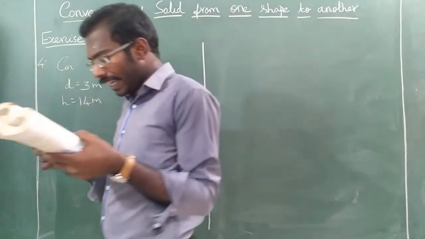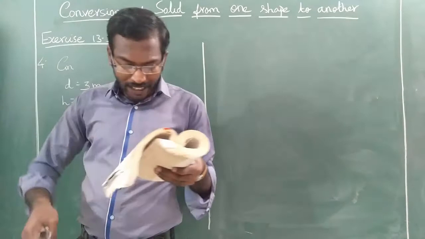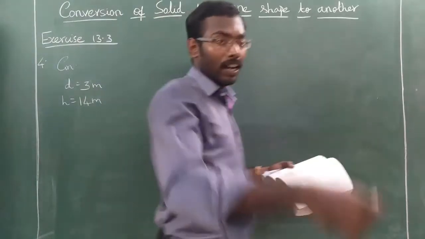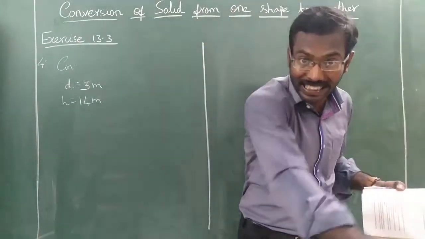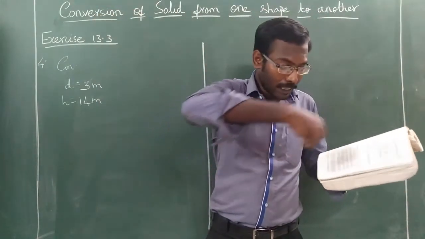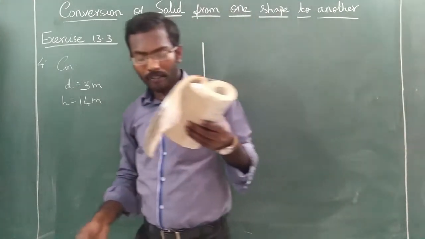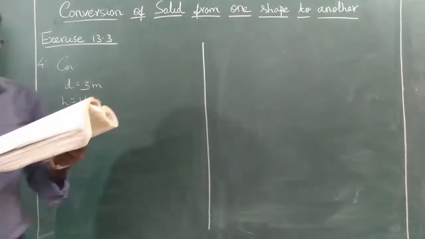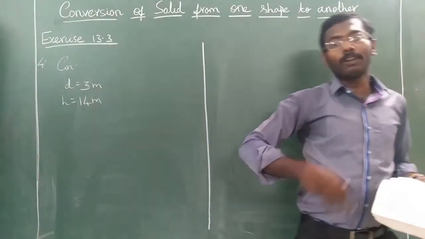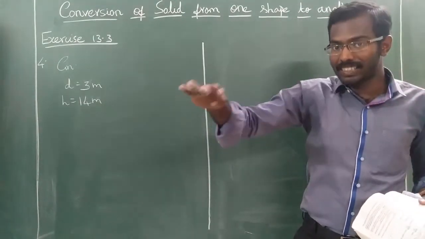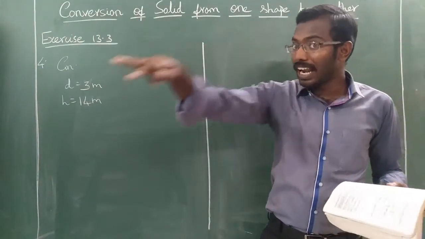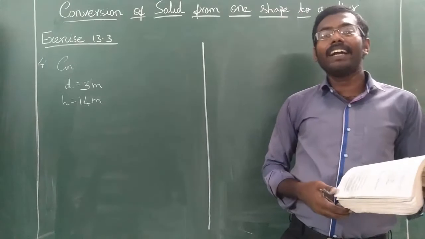Now the earth taken out of it has been spread evenly all around it in the shape of a circular ring. So when you are digging a well, you will take out the earth, you will take out the sand outside, isn't it? That is called earth. You are taking out the earth and you are spreading it evenly in the shape of a circular ring of width 4 meter to form an embankment. Embankment means, so usually around a well they will build a small wall-like structure in order to prevent some animals or small children from falling inside. Yes or no? That is called embankment. Okay. Find the height of the embankment.